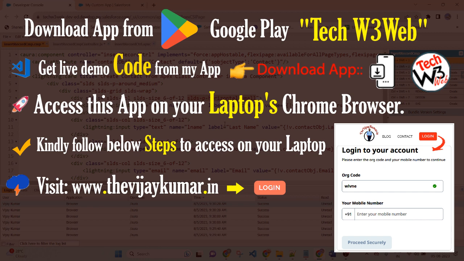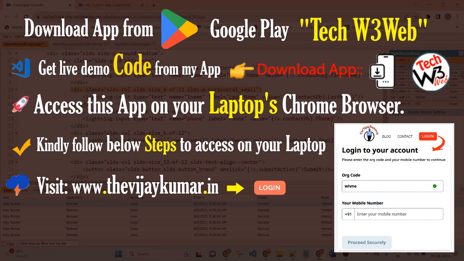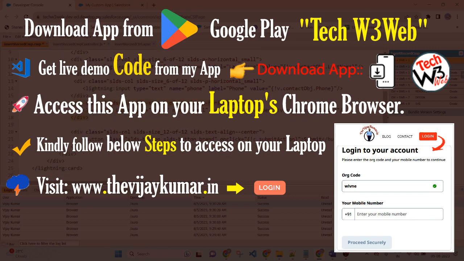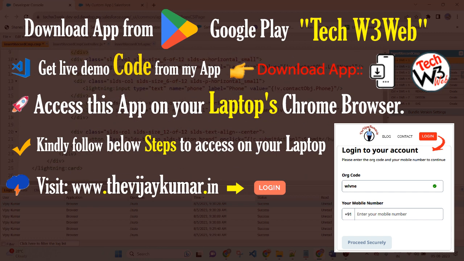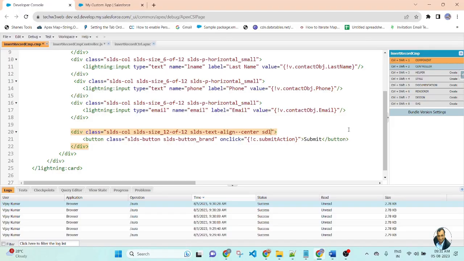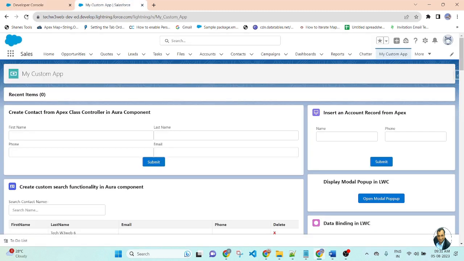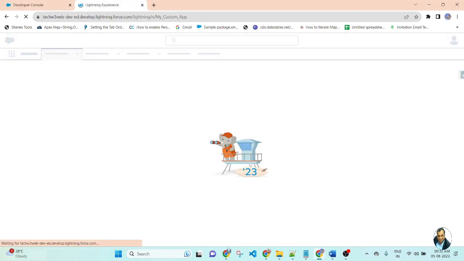Copy this class and paste it here, adding it to all of the fields. Now I will use another class to give space at the top, slds-p-top_medium. It will give space at the top of the button. Save the component and refresh the page.